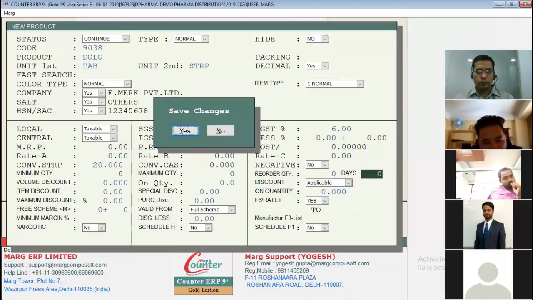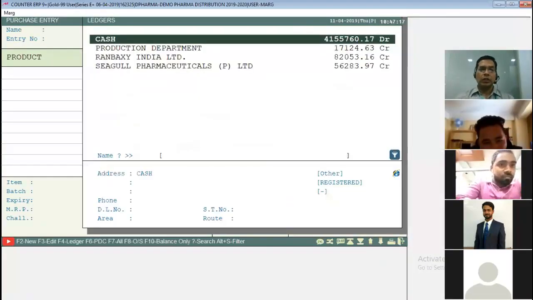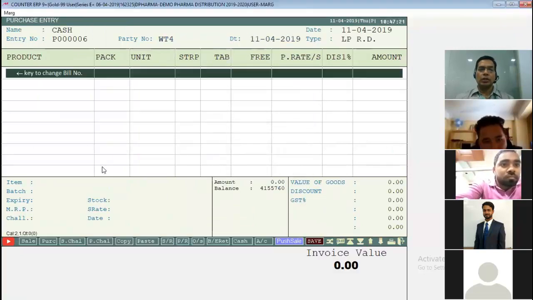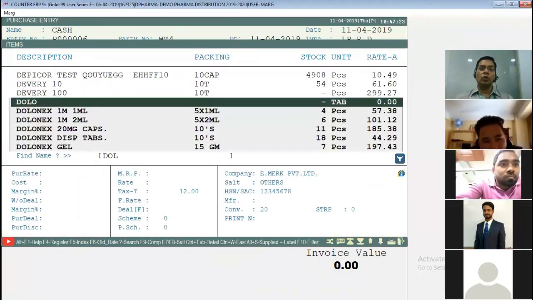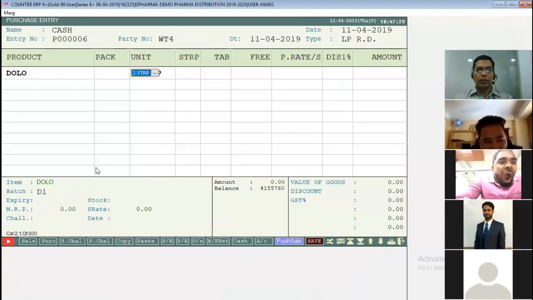Control W. Now I'll go for purchase, cash. Now the item is Dolo. Look at that. I put here a D1 batch, maybe expiry. Now look at that.